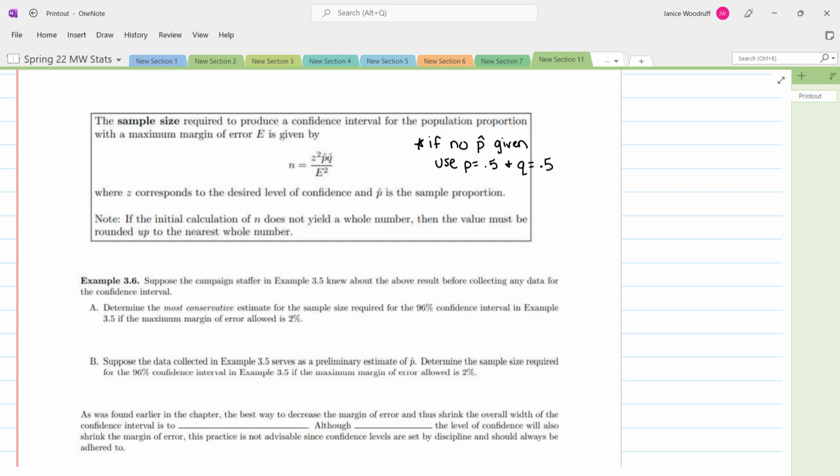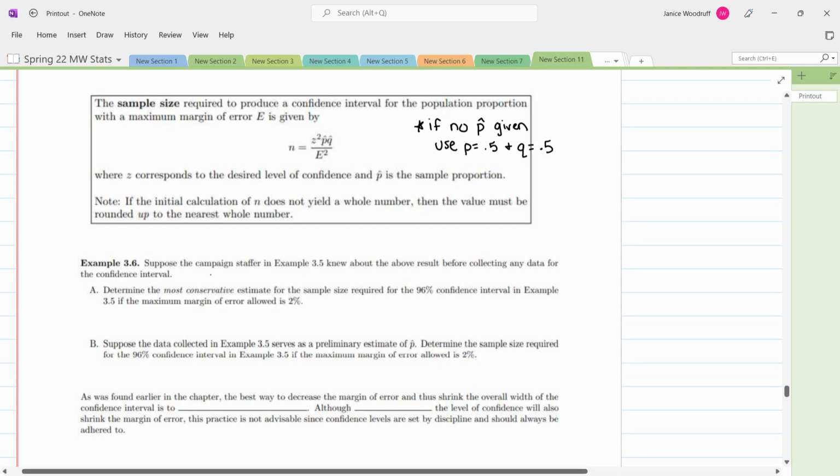So for example, suppose the campaign staffer in example 3.5 knew about the above result before collecting any data for the confidence interval. Determine the most conservative estimate for sample size required for the 96% confidence interval. In the example, if we wanted a maximum margin of error, 2%. Okay, so in example 3.5, the P hat was 0.63 and Q hat was 0.37. Okay, so following this formula,